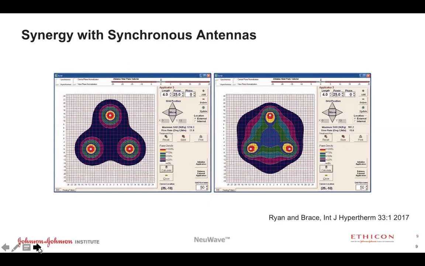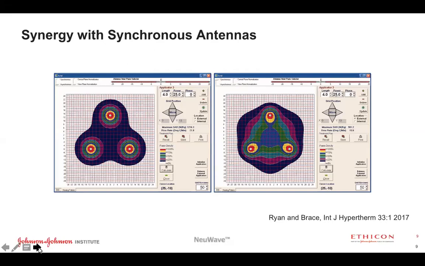On the left, if you had just 3 random antennas and the energy is not essentially communicating with each other, for lack of a better word, you get these very focal zones of ablation, and these spaces in between that are relatively less influenced by the energy that's being applied, whereas on the right, you can see when the energy is applied in a synchronous manner, meaning if you have 3 probes in this panel here, those 3 probes